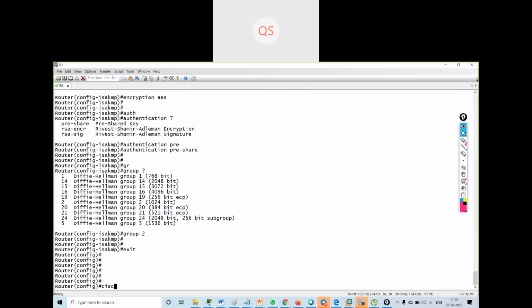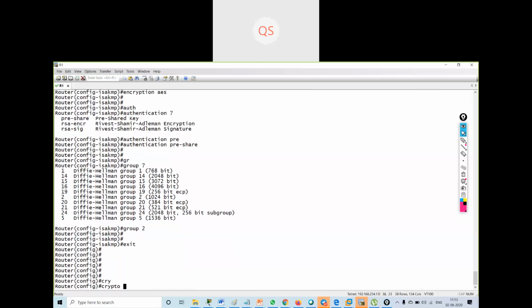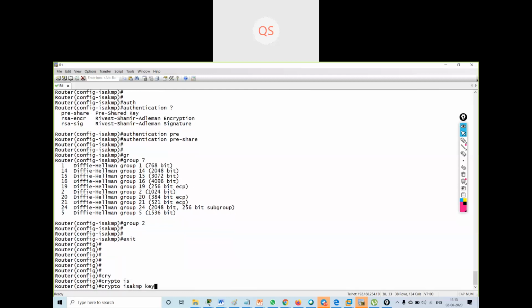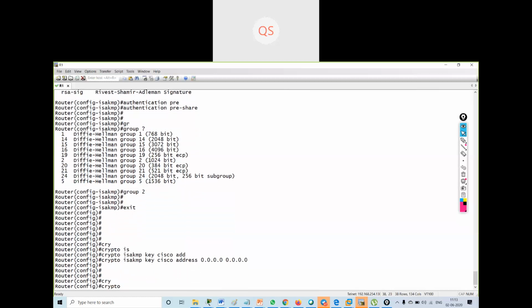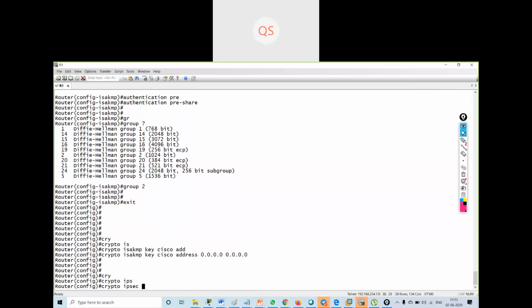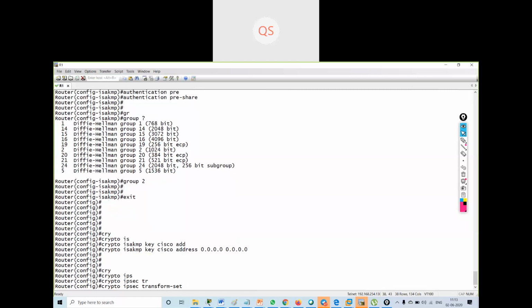Okay, then I will create a key, crypto ISAKMP key. I will say the key is Cisco and the address is 0.0.0.0 0.0.0.0. Then I will say crypto IPsec transform set.